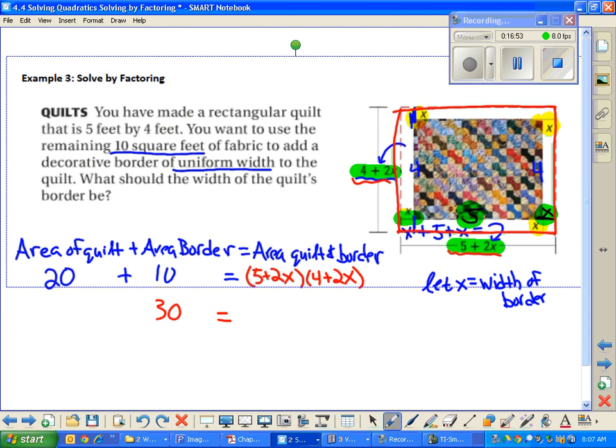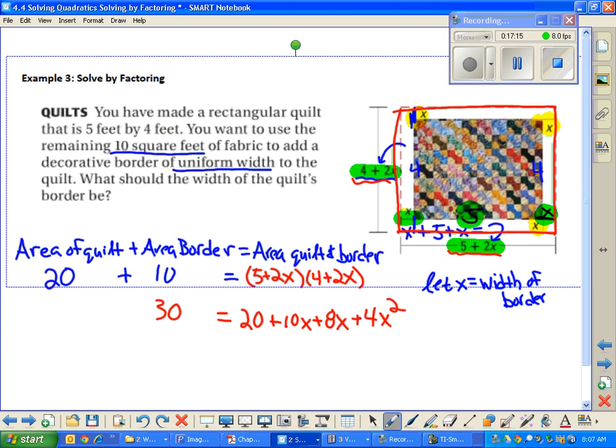And the technique we're practicing today is solving by factoring. So I'm going to go ahead and FOIL this right side. 5 times 4 is 20, my firsts. My outers would be 10x. My inners would be 8x. My last